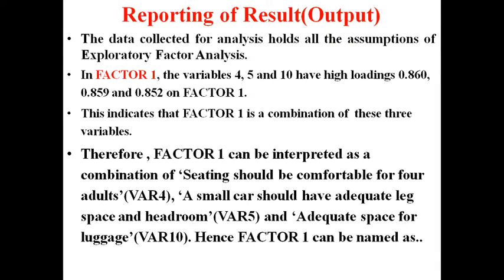Reporting of result. The data collected for analysis holds all the assumptions of exploratory factor analysis, because we have already satisfied all the assumptions. In factor 1, variables 4, 5 and 10 have high loading, that is 0.860, 0.859, 0.852 on factor 1. This indicates that factor 1 is a combination of these three variables. Therefore, factor 1 can be interpreted as a combination of seating should be comfortable for 4 adults, variable 4; a small car should have adequate leg space and headroom, variable number 5; and adequate space for luggage, variable number 10. Hence, factor 1 can be named as